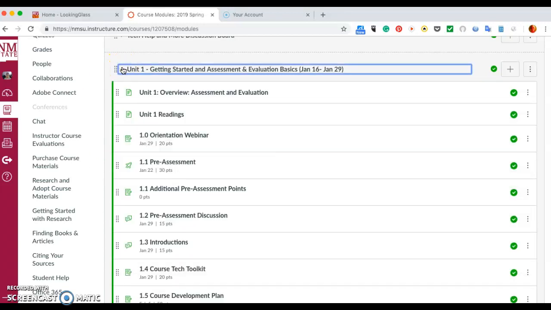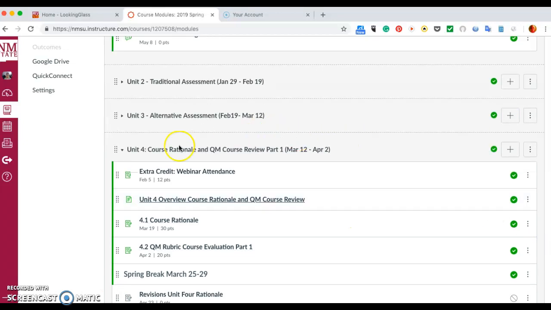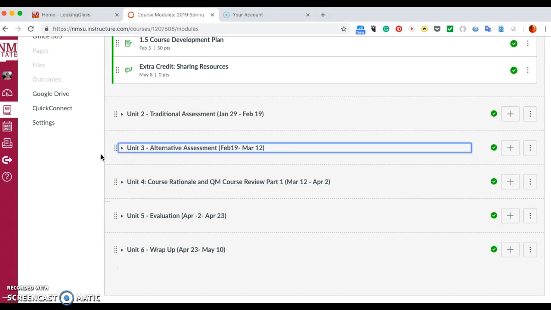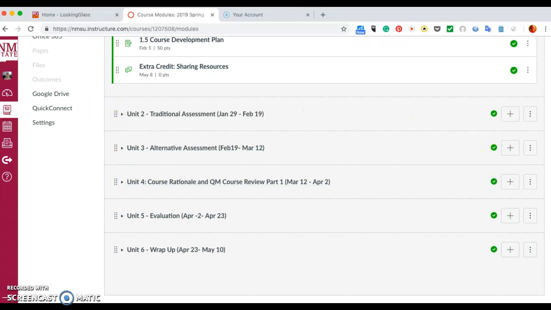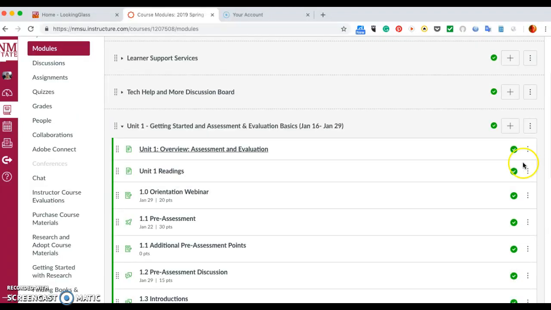And you'll see there's a pattern within each module. There are readings, there are discussions, there are assignments, and we have one ongoing assignment throughout the class. But once again, I'm stealing the thunder for the unit orientation. There are multiple ways to access the different components in the course.